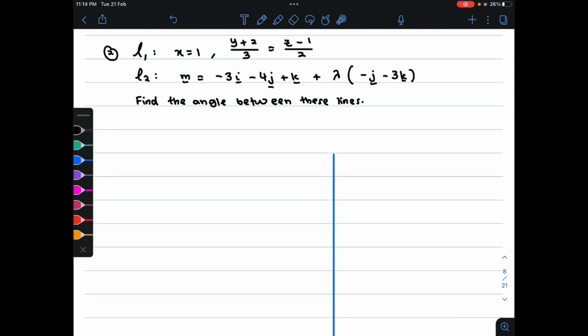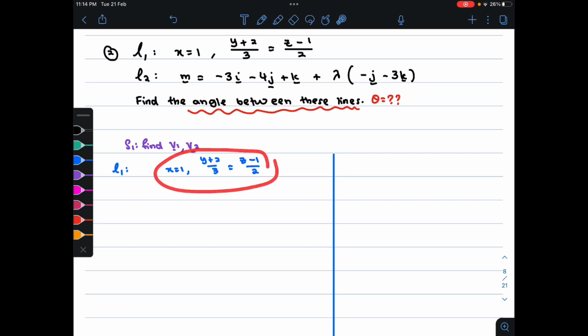We are given two lines, L1 and L2, and we want to find the angle between these lines, which means that we need to find the angle theta. Step 1 is to find v1 and v2. So for L1, we have this information, and note that if you look at this, this is actually the Cartesian equation. So in order to find